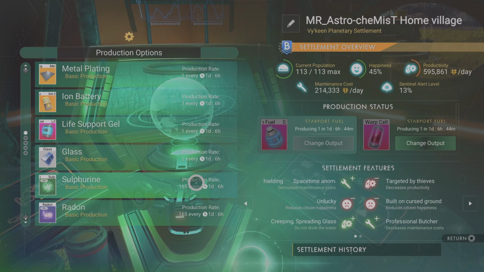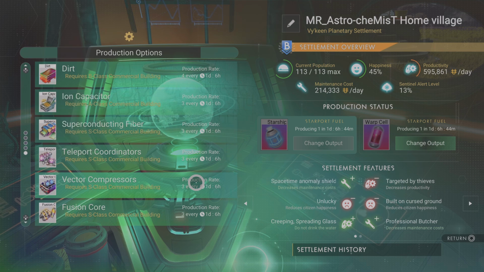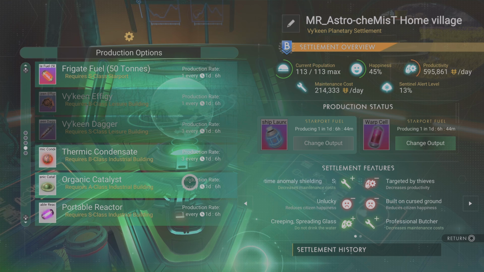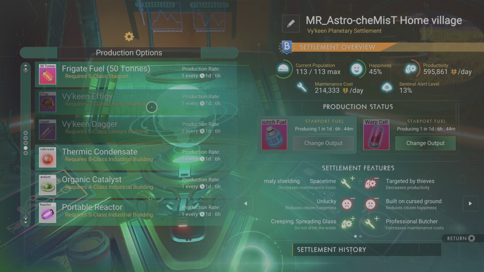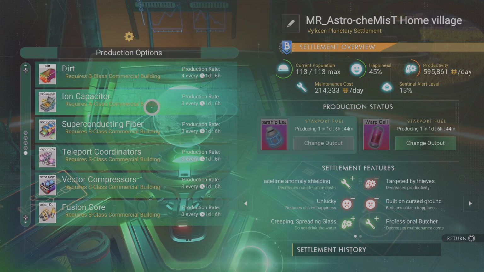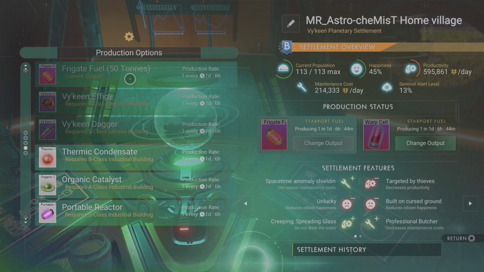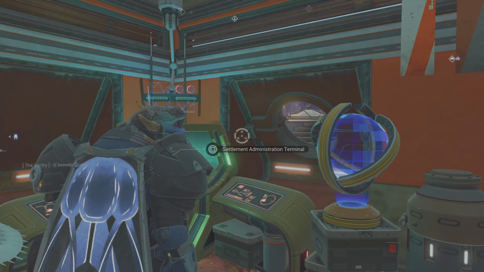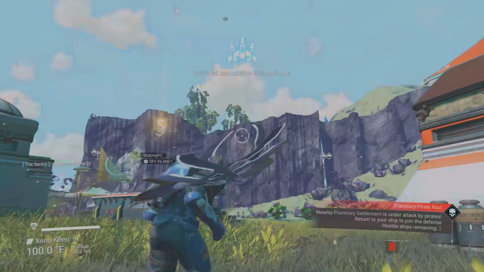Let's change the output. Now that we have access to other things. Frigate fuel. Yeah, there we go. Warp fuel. Alright guys, well, that's all I got for today's video. There is more to come. Right as I say that,